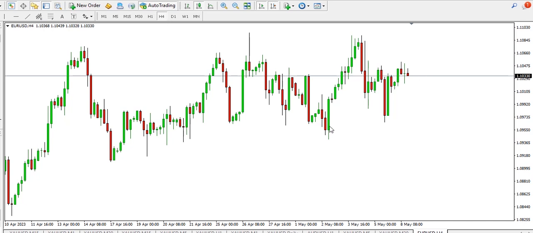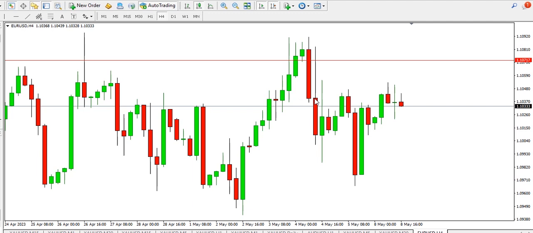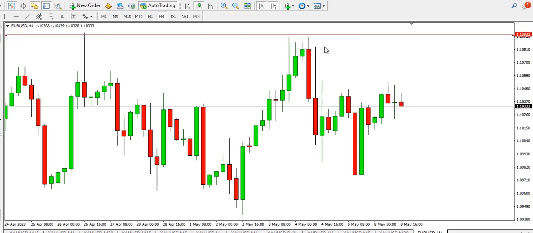For a bullish engulfing pattern, you place the stop loss at the low of the engulfing bar. For a bearish engulfing pattern like this, you place your stop loss at the top of the engulfing bar. If you want to trade this bearish engulfing and you place your stop loss here, price will trigger your sell trade and then trip your stop loss. But if you have placed your stop loss at the top of the engulfing bar, price will go up but not trigger your stop loss, and your trade will be good,